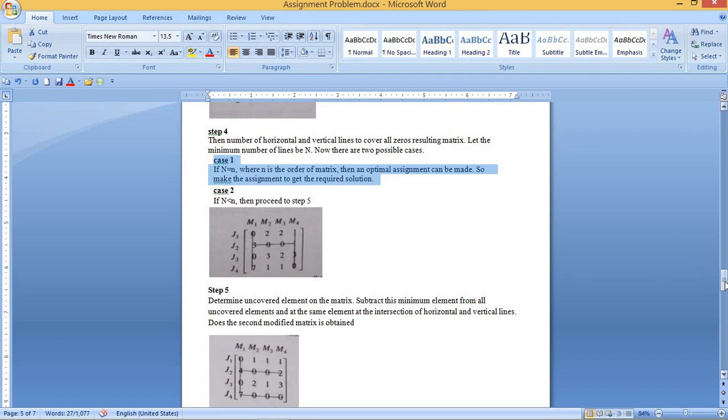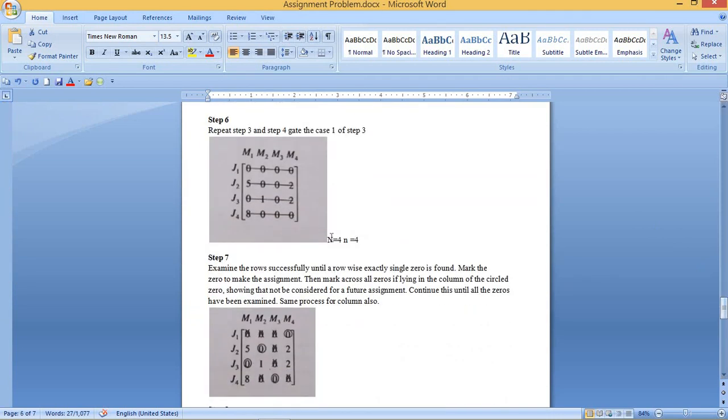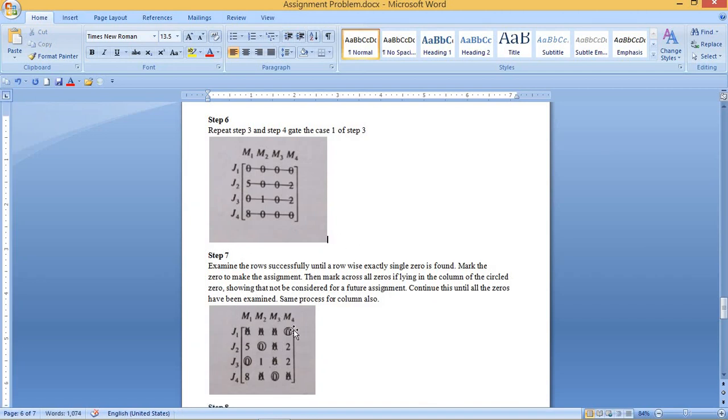So now we can perform the optimal assignment. For that we go to step 7. In step 7, first check each individual row and find out whether a row contains a single 0 or not. In that case, no such row exists having a single zero. So you consider the rows having two zeros. There are two rows, the second row and the third row, where the two zeros are. So consider the first of these, that is the second row.